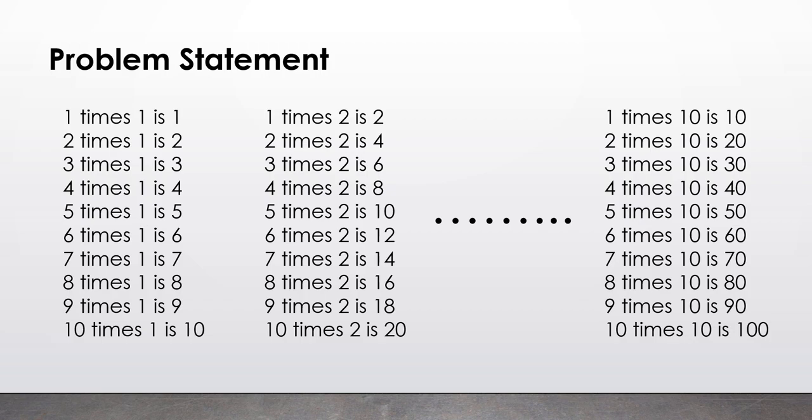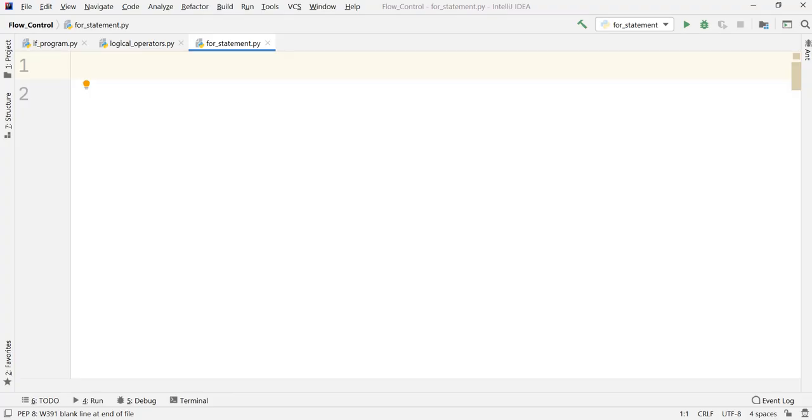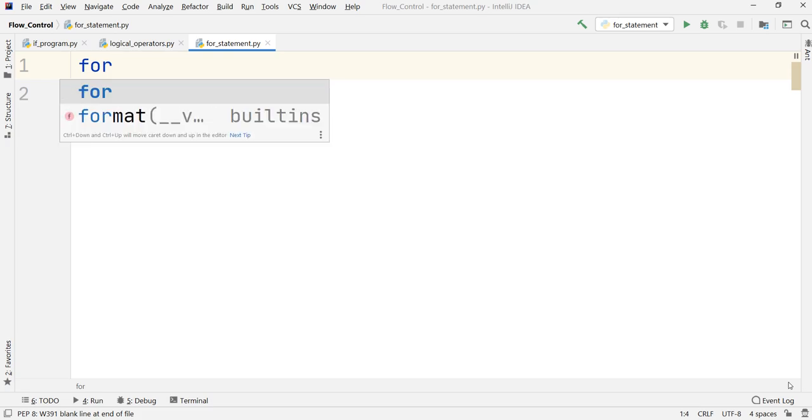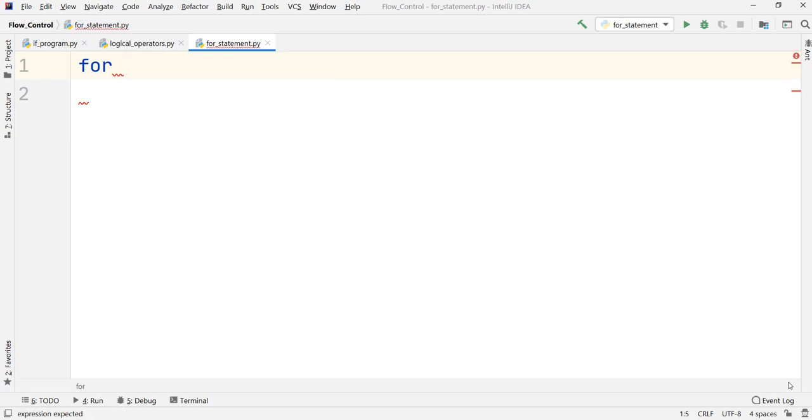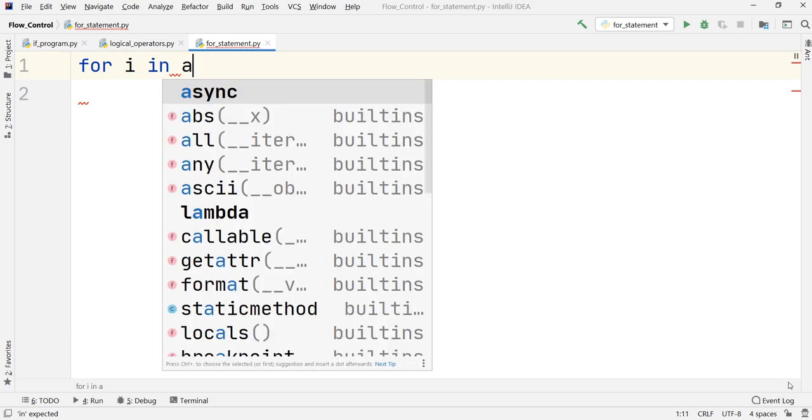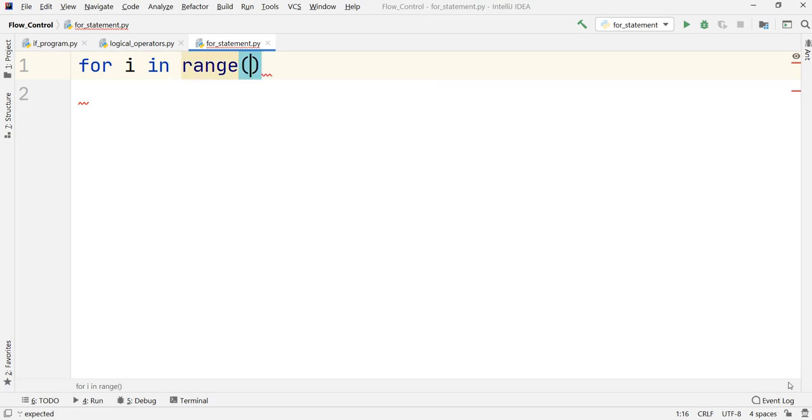Okay, so let us just go into IntelliJ IDEA and try to solve this given problem. So we are in our IntelliJ IDEA. Let us just try to solve our given problem statement. I just write the code for the same. Suppose I take the same variable i in range, now I want the range to start from 1 and I want it to end at 10. That is why I will take it as 11, because the last number is not included. Colon should be there. As soon as I press enter, there will be indentation.